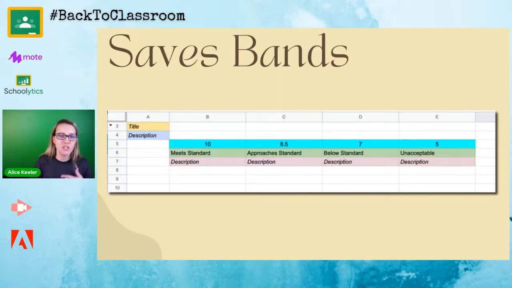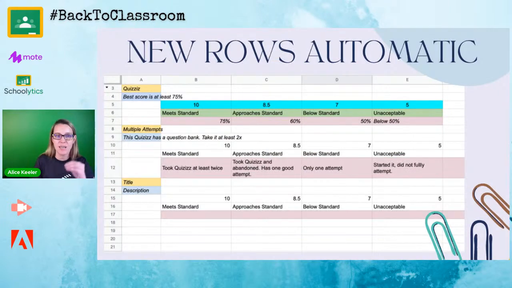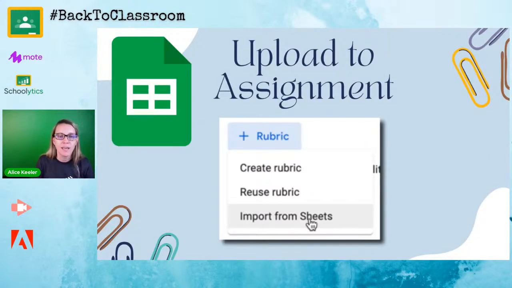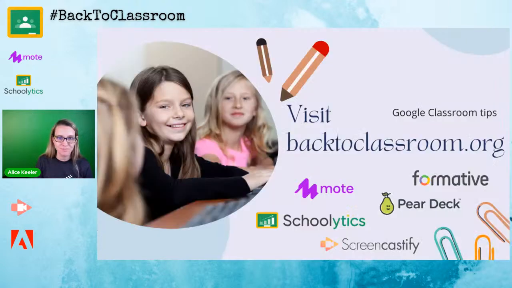Right? So it's on the spreadsheet. You organize it in Drive. You just type in the title and description. A lot of that stuff just copies down. Once you're done, you're like, I don't need this row because it's going to keep giving you rows. Just delete out the word title, delete out the word description, and go ahead and import from Sheets. And now that it's in there, just open a new assignment, import from Sheets. Easy to find. It's right there in your rubric folder.